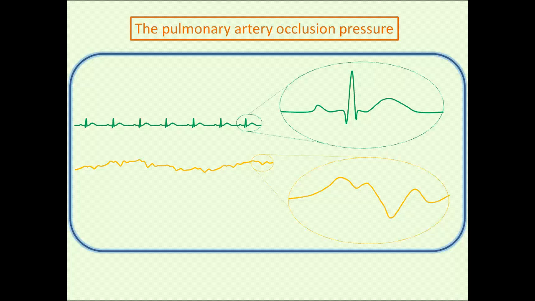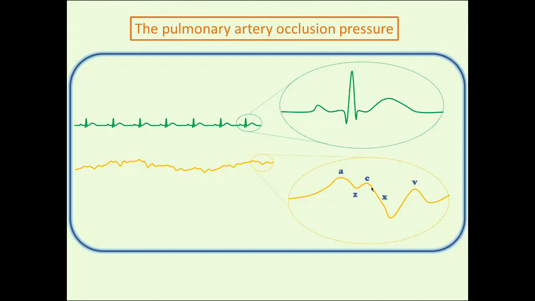So the analysis is similar to the CVP. You've got your A wave, which is left atrial contraction. The C wave, if you're lucky enough to see, is the bowing back of the mitral valve into the left atrium during systole. You have the Z point between the A and the C wave. You've got the X descent, which results from the drop in left atrial pressure with the mitral annulus being pulled towards the apex during systole. And during that time,